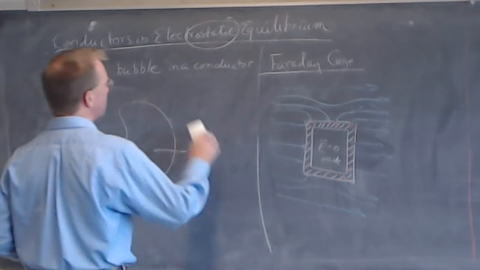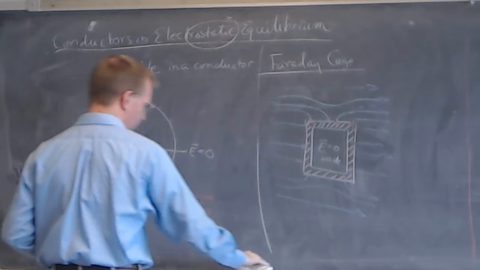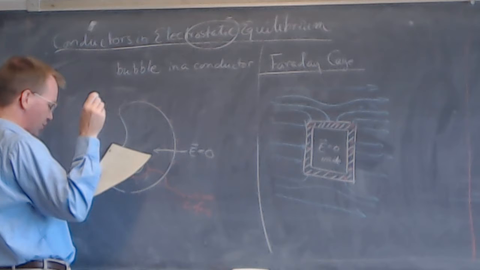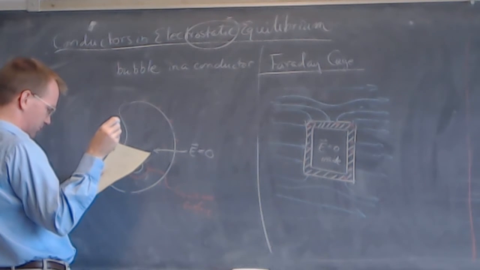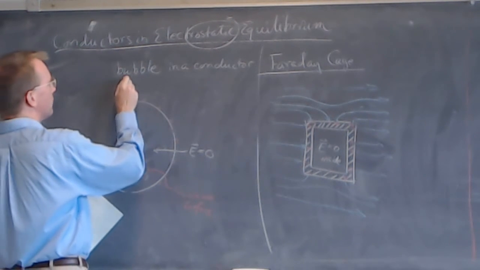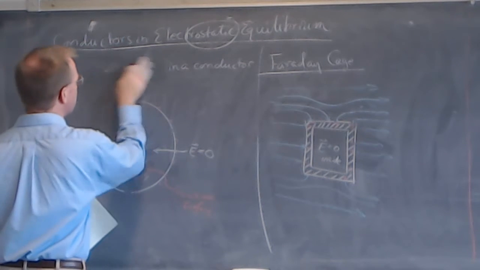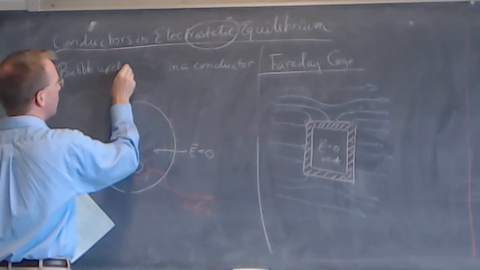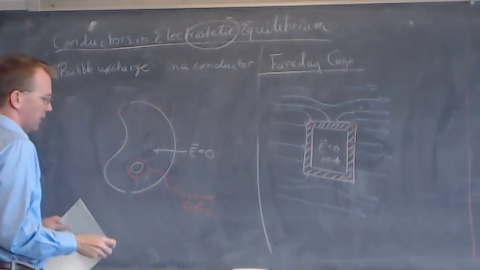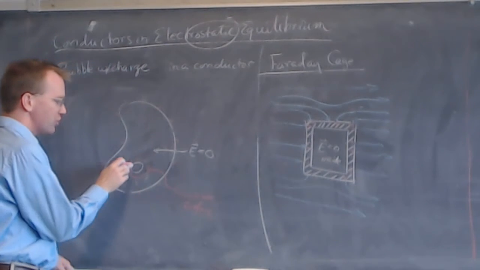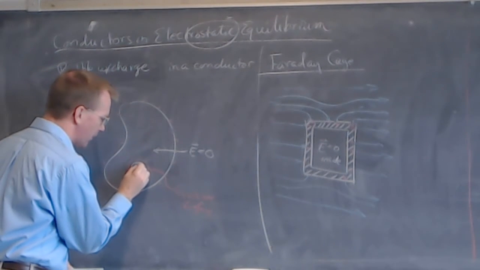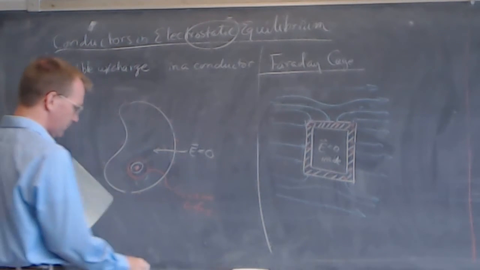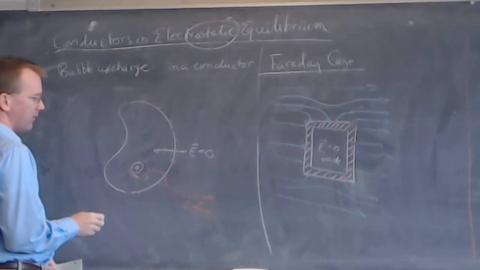Finally, if we have a bubble in a conductor with charge Q inside it, let's see. So let's say that there is a charge inside the bubble itself, not on the surface of the bubble, but just floating there in the hollow. In this case, then,